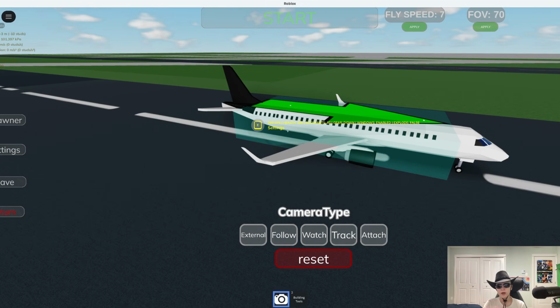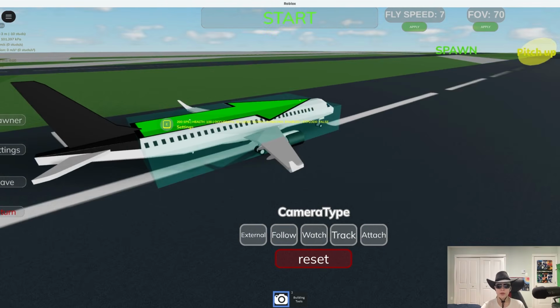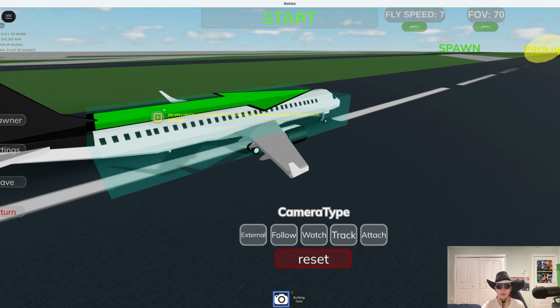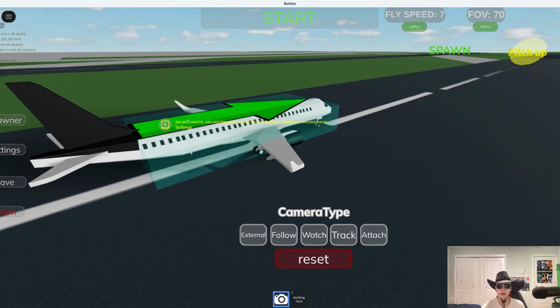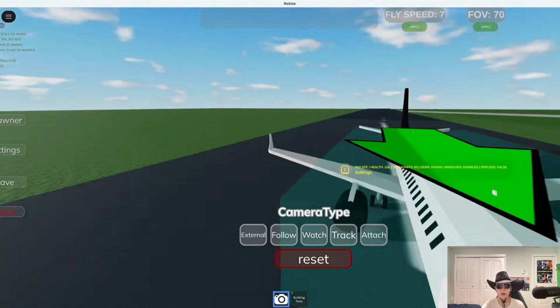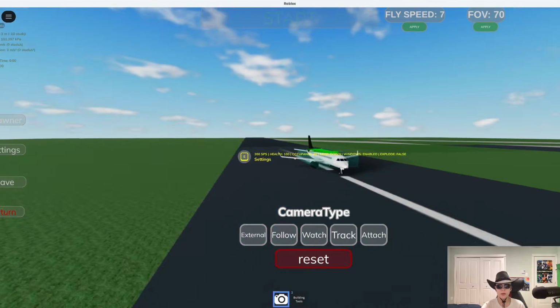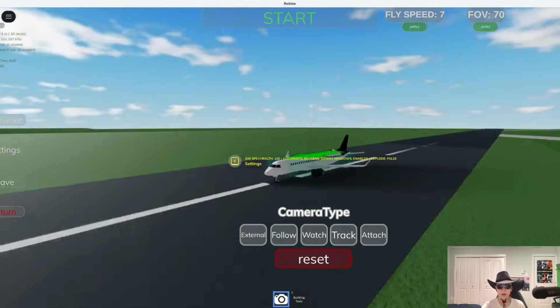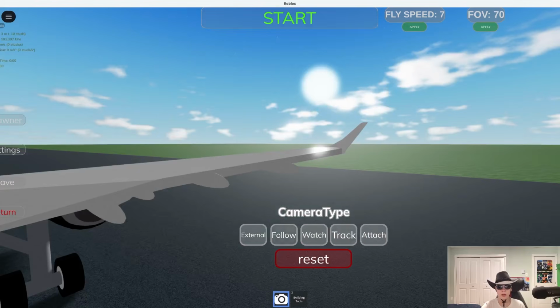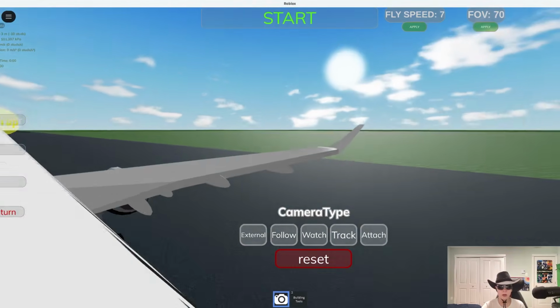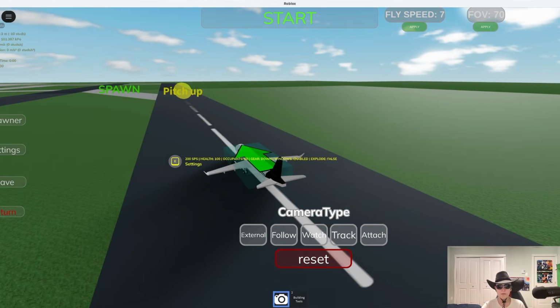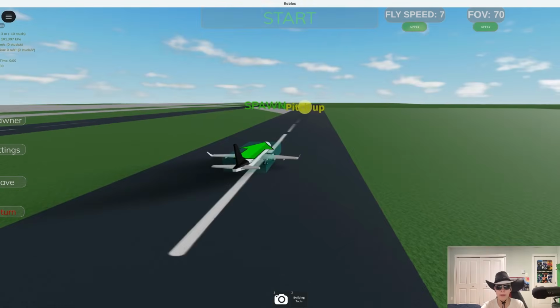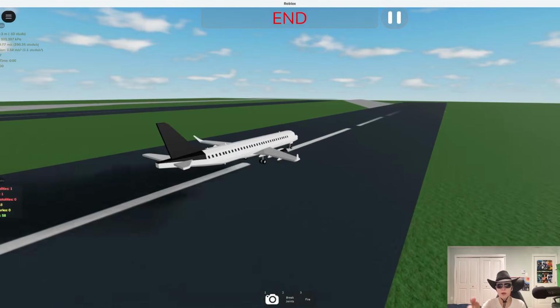automatically trying to basically follow the aircraft. You can also press different types like watch, track, follow, attach, and then other ones. External, which means that whenever the aircraft moves, the camera will also move. Follow. Now like this, and after that you just press play, and as you can see, the camera is kept